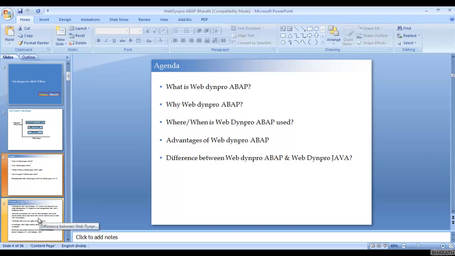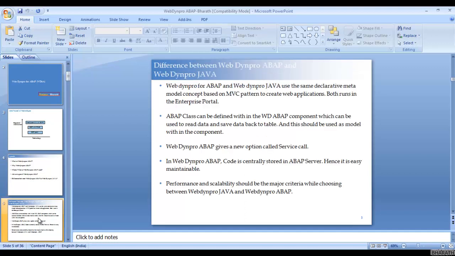We have some more differences specified here that we will see. WebDyn Pro for ABAP and WebDyn Pro Java use the same declarative meta model concept based on MVC pattern. Exactly, this is a more important point.